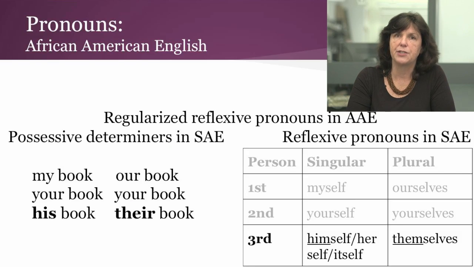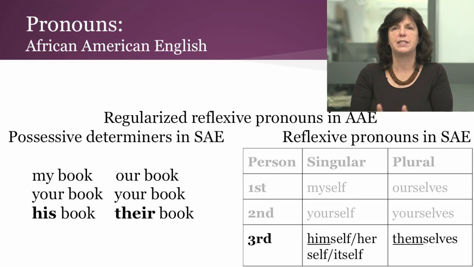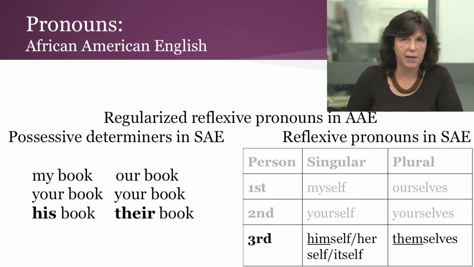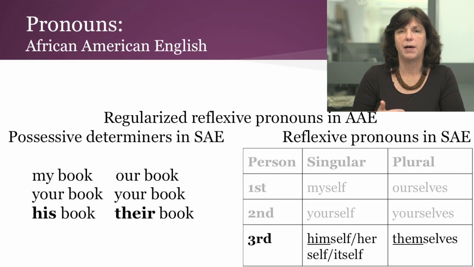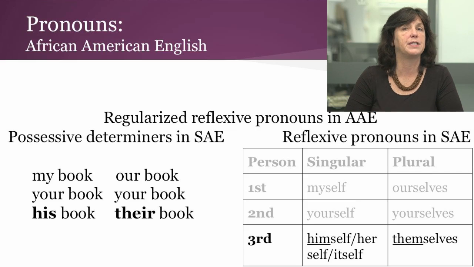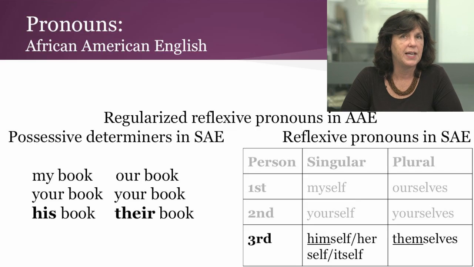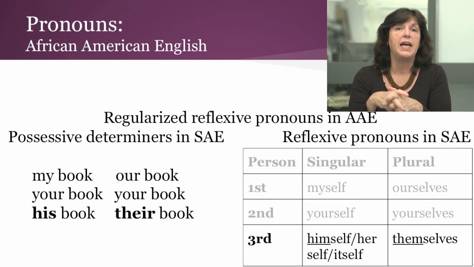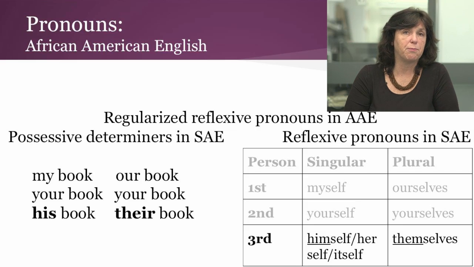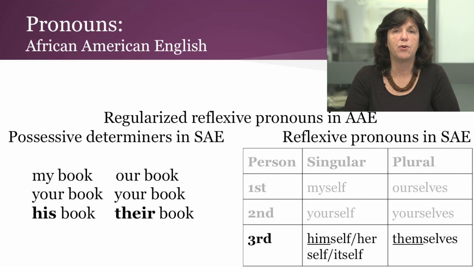In African American English, reflexive pronouns are regularized. Remember our reflexive pronouns in Standard American English? The first and second person singular and plural forms are made by combining possessive determiners: my, your, and our, myself, yourself, ourself, with the suffix self or selves, except for the third person singular and plural forms. In Standard American English, the objective pronouns him and them are used to form the third person singular and plural